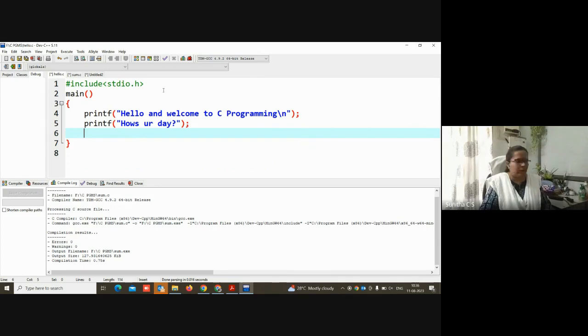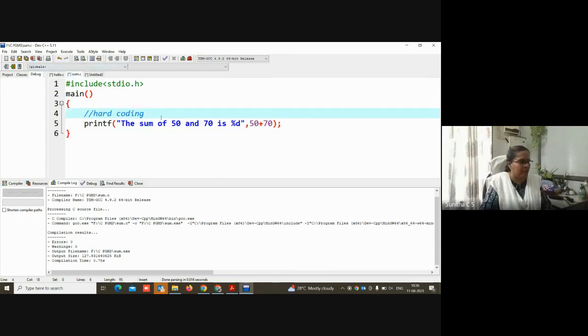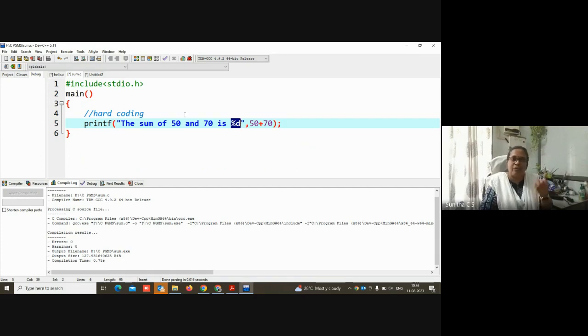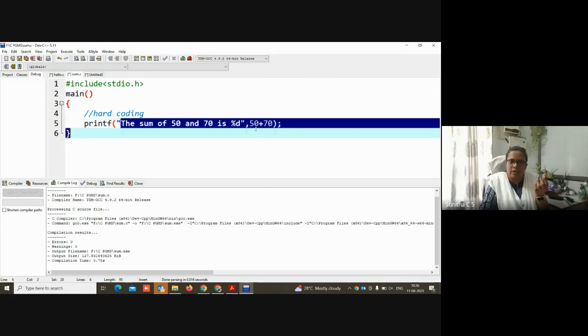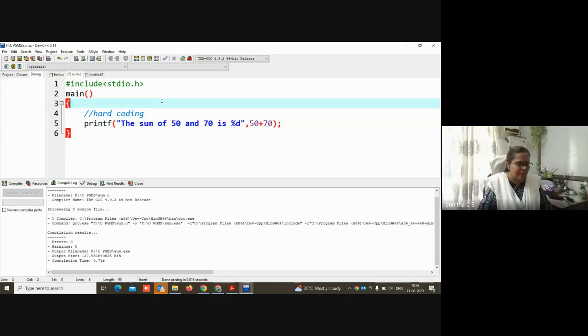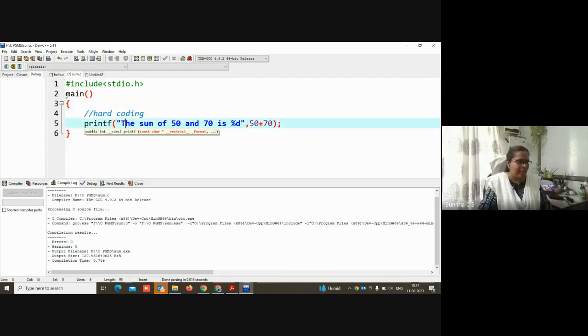Okay, and for this, everything was given inside double quotation marks, and this percentage D, what happens is, before sending this value inside the double quotes to the printf function, it substitutes the percentage D, percentage F, or whatever it is, and then sends it to that particular function. So imagine that. Main, as I told you, is a function.